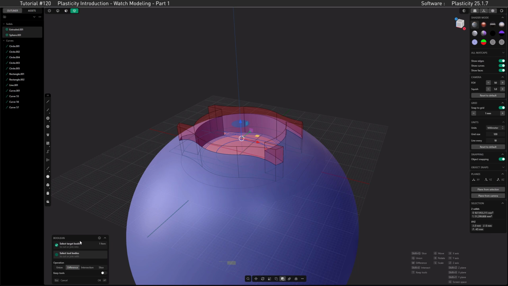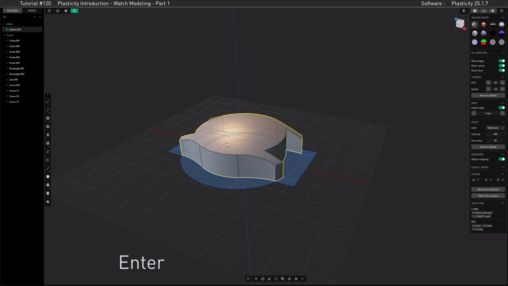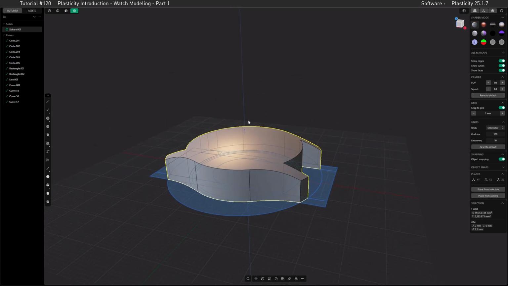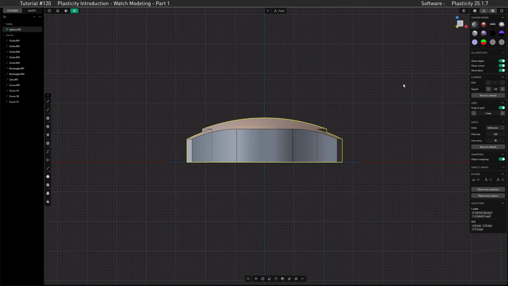But we are not interested in difference mode, we are interested in intersection mode. So this one here, let's hit enter, and now you can see we have a nice spherical watch top. I want to roughly do the same for the bottom part of the watch, but roughly only. Because if we go through the same procedure here,